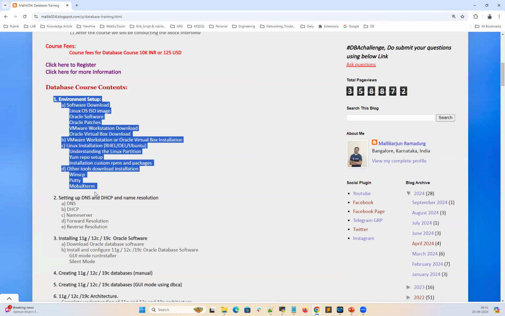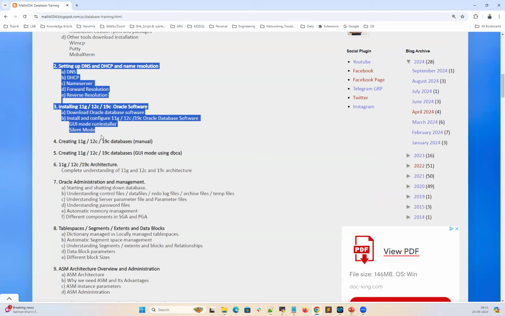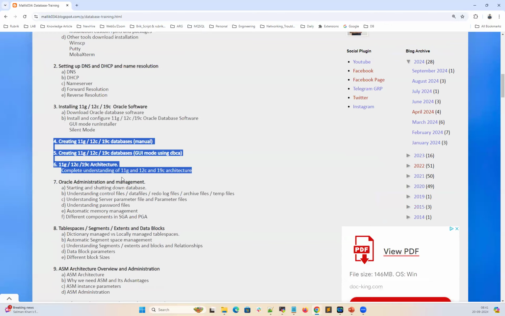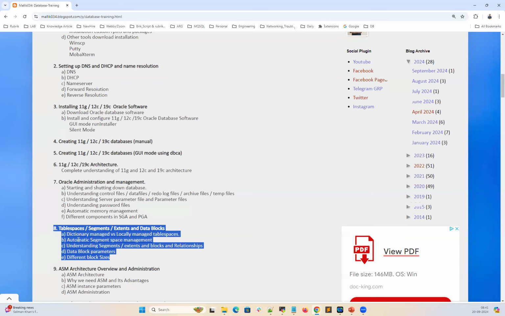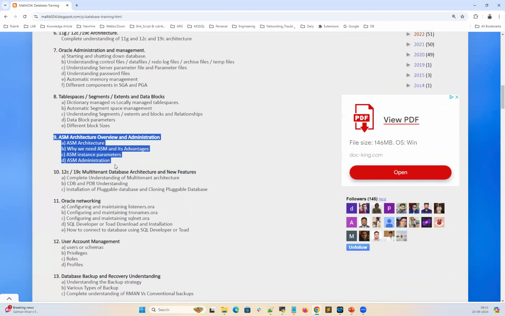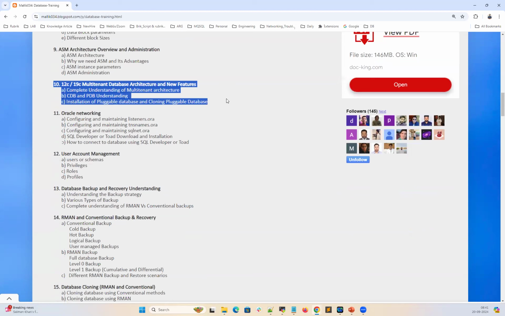So this is pretty much what we're going to cover in this course: the environment setup and networking, the installation and configuration, the architecture, the administration of a database, the storage structure, and ASM and ASM administration, multi-tenant architecture and administration,